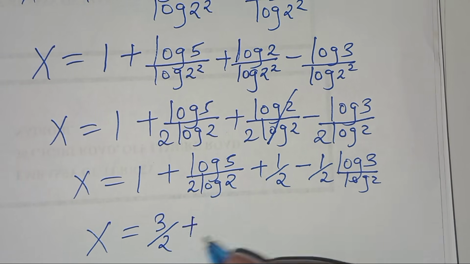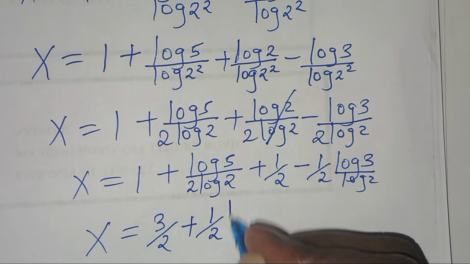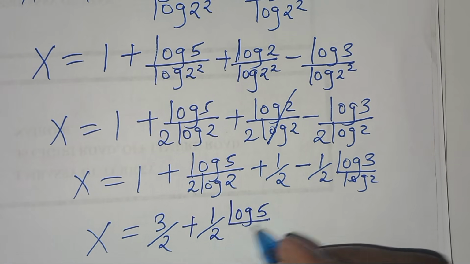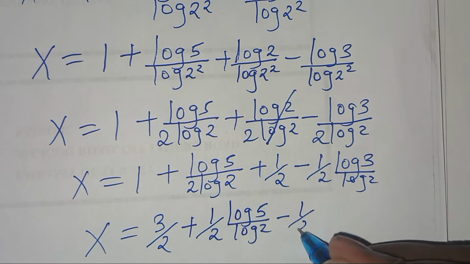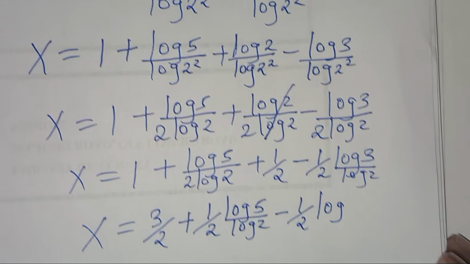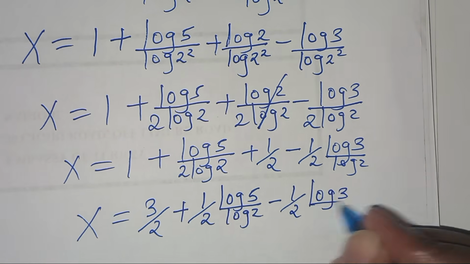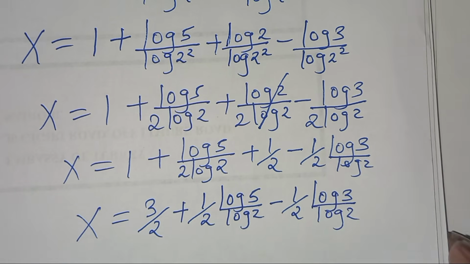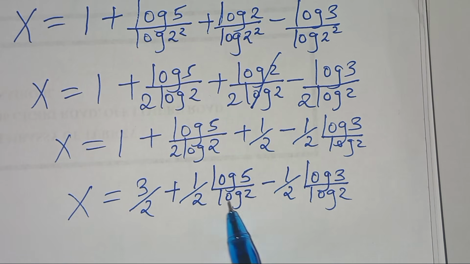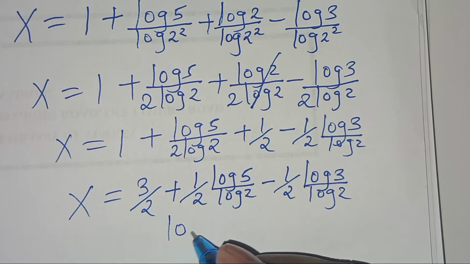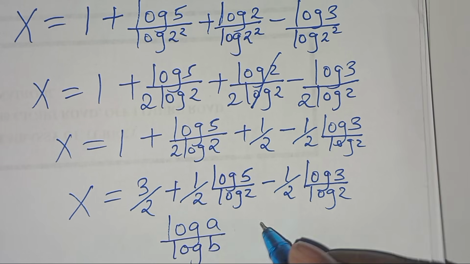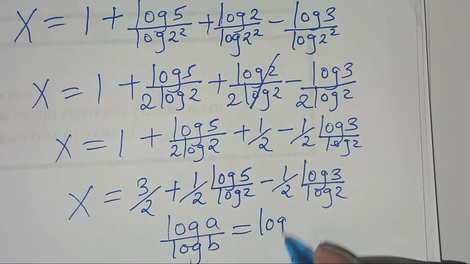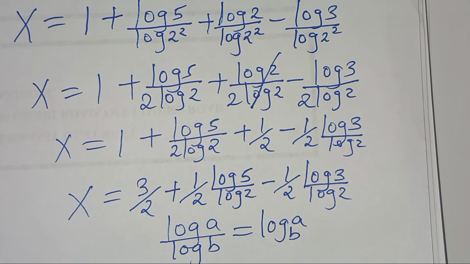Then plus, we have here a half log 5 divided by log 2. Okay, subtract a half log 3 divided by log 2. The next step here, log 5 divided by log 2. This is in the form of log A divided by log B, which we can express as log A to base B. So let's apply this property,